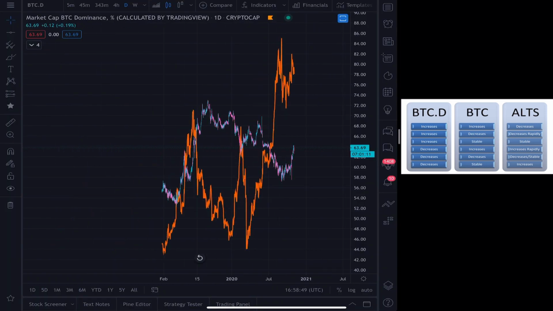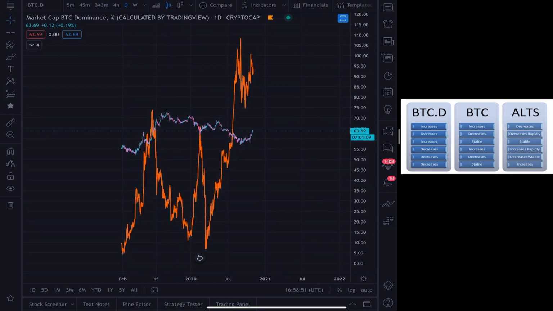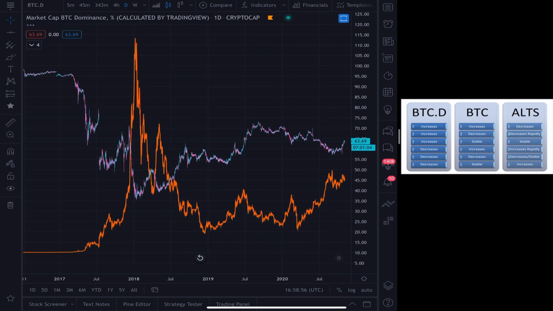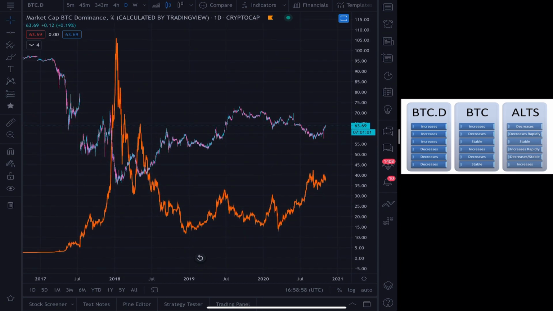So let's try and find a quick example. Oh, I'm on the wrong Bitcoin. Oh no, yeah, there we go. So we can see here that Bitcoin dominance is decreasing, and the price of Bitcoin, I know at this time, this is the 2017 bull run, is increasing, and the altcoins were just on a tear. So that's basically, you're going to see the dominance decrease at the end of the macro cycle, and that's when